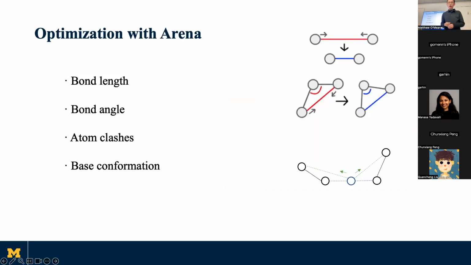And after I generate all the initial configurations, I will optimize with RNA. RNA mainly improves the bond length, angle, atom clashes, and base conformations. And here are some examples. If they find the bond too long, they just shorten it. If they find the angle is too big or too small, they will adjust the bond length between them to make the